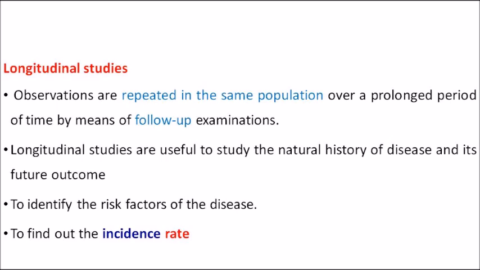So, same example, I am checking the school children. Today I've gone and I've taken their data of the dental caries and I've categorized them as exposed, non-exposed and all. So today if I have gone, then it will become a cross-sectional study, and again I'm going and checking at the third month, the sixth month, and the 12th month. So it will be a 1 year follow-up study. Then I'm checking the school children, that is the same population, at repeated intervals of time, through follow-up examination. Then it will become a longitudinal study. Understood the difference? That is how cross-sectional and longitudinal studies differ.